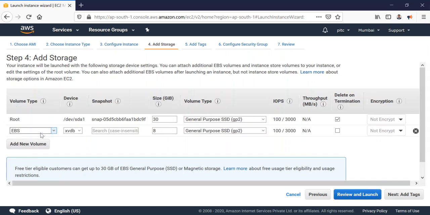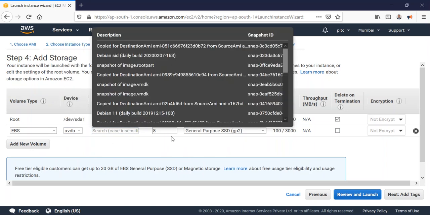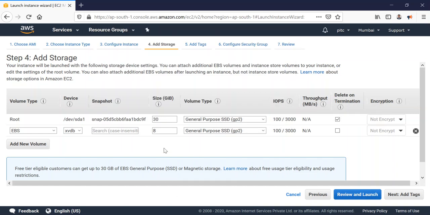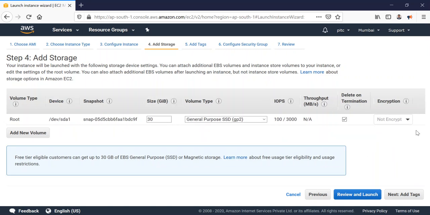Like here if you click on storage, you will have the type of storage, EBS. Okay, this is your device. I don't have any, I don't want to go for the snapshot. How many GB you want is different storage. Like I have a C drive. When I create an instance, suppose I have a C drive, and I want to add a D drive, E drive also. If I want a D drive of 100 GB, I can add it from here. So as of now we don't want anything, but this is one thing which you should know.